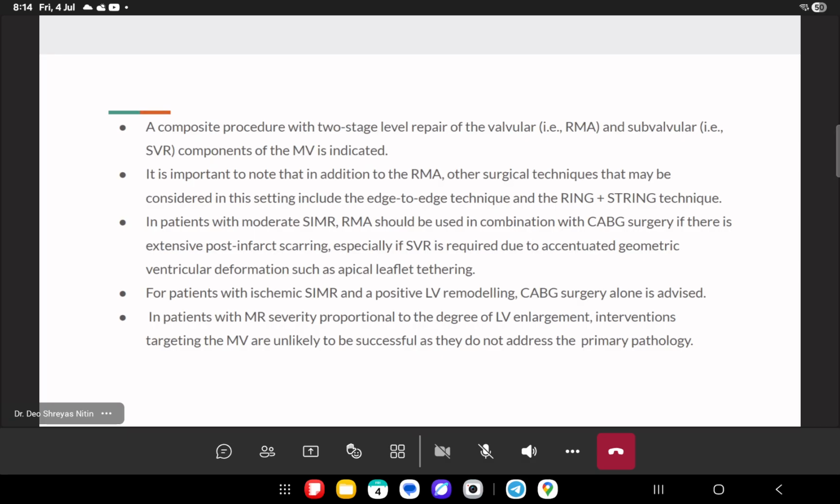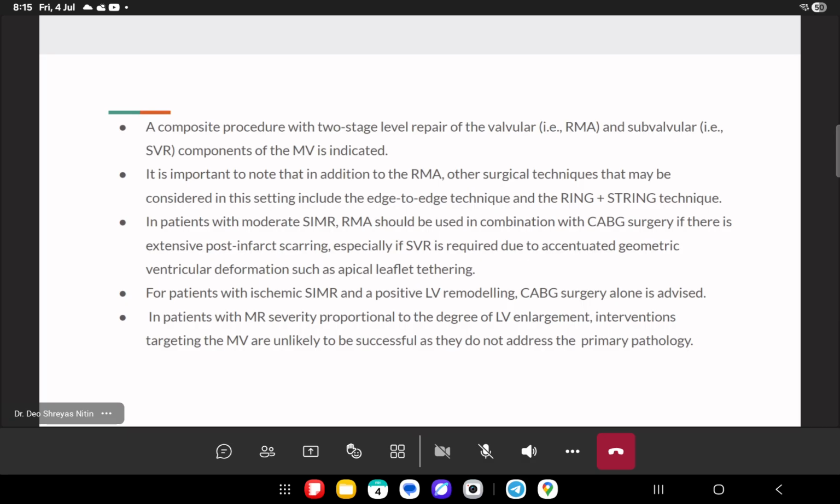It is important to note that in addition to restricted mitral annuloplasty, other surgical techniques that may be considered in this setting include the edge-to-edge technique and the ring plus ring technique. In patients with moderate secondary ischemic mitral regurgitation, restricted mitral annuloplasty should be used in combination with CABG surgery if there is extensive post-infarct scarring, especially if surgical valve replacement is required due to accentuated geometrical ventricular deformation such as apical leaflet tethering. For patients with secondary ischemic mitral regurgitation and a positive LV remodeling, CABG surgery alone is